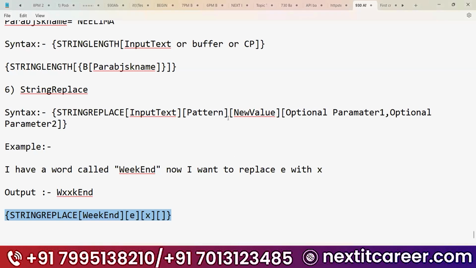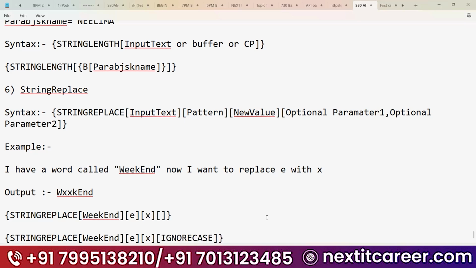That you can handle by an optional parameter. So what you need to do? Instead of using this value, you can use the buffer, the CP, or any other values. Now copy this one and paste it over here. In the fourth argument, if you want to replace something, you can replace the value. Else, you can use ignore also. Ignore case.